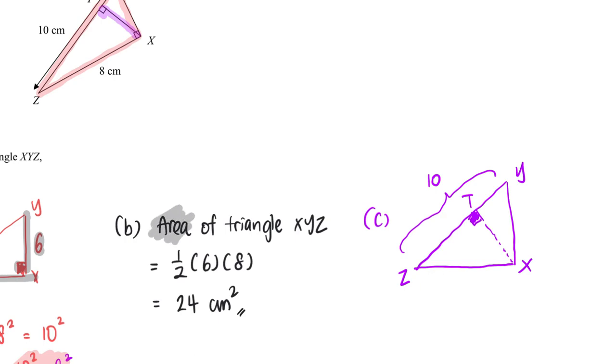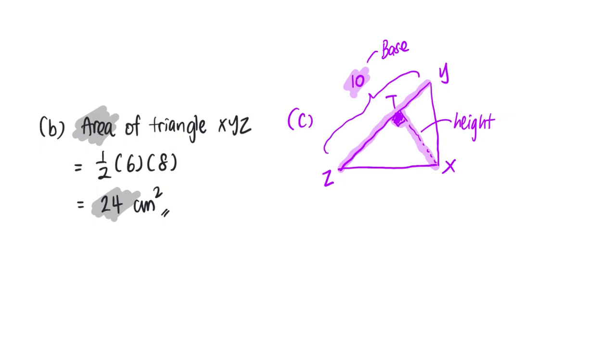We know the area, isn't it? 24. And if I'm going to use 10 as my base, then my height has to be this, right? Because height and base of a triangle has to be 90 degrees to each other. So with all this information, I will know that half times base times height XT is equal to